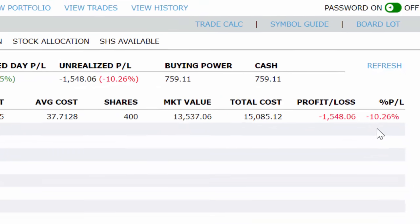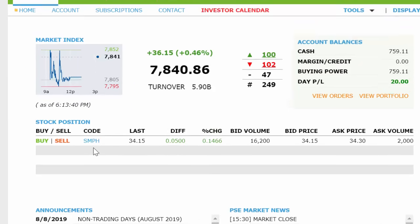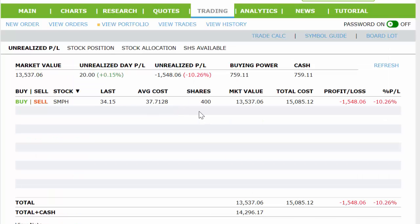So madali mong makita, if you already have a trading account, madali mong ma-monitor gaano kalaki yung profit or loss mo. In this case, nagkataon na pagkabili ko, bumaba yung presyo nung stock ko. Kahit na nagfa-fluctuate yung amount, so as you can see here, ang price ni SMPH today is actually umakyat ng 0.1466. Kahit nagfa-fluctuate siya, kung hindi niya ma-reach yung aking original purchase price or higher, talagang I will have to